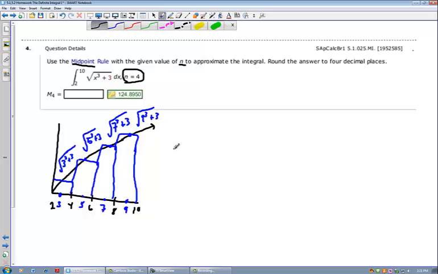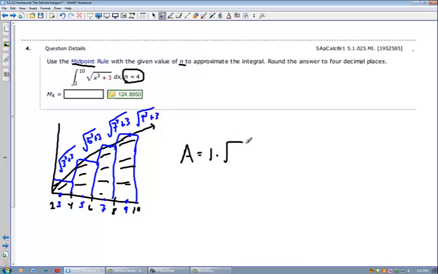And so finally, for my area A, there are 4 rectangles: 1, 2, 3, 4 rectangles. And I'll find the area of the first one. So the area of the first one is the length times the height here. So I'm going to have 1 times the square root of 3 cubed plus 3